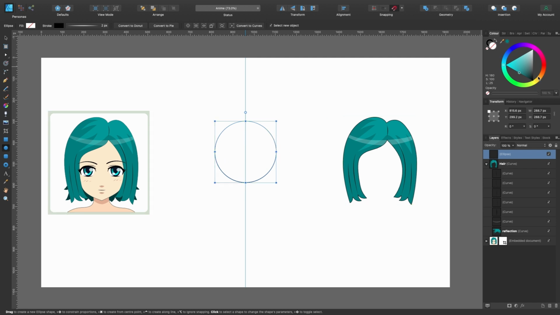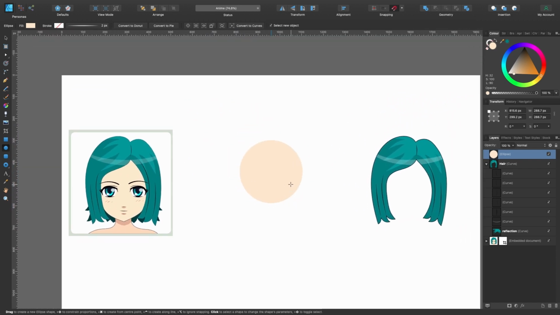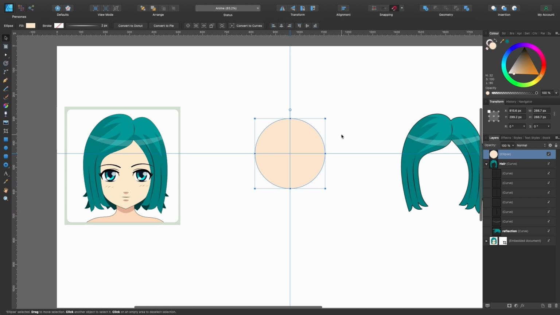I'd give it some kind of color. Let me get rid of the stroke as well whilst I'm here. So that would be the main part of the head, and then I would press the Move tool, V. I go up to this ruler at the top, click and drag down another guide, so that's in the center of this circle. This is kind of where the eyes would be, so now I'd need to make a chin area. So I'll just drag one more guide around to about here.